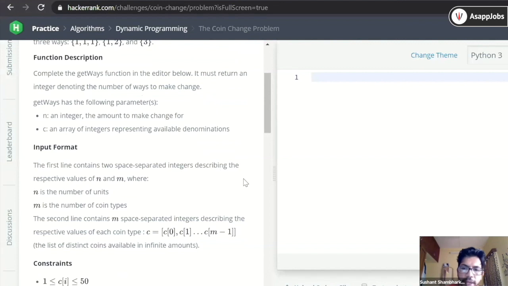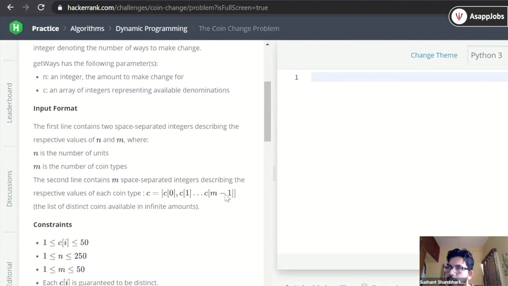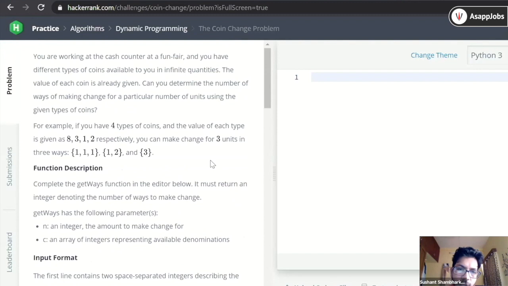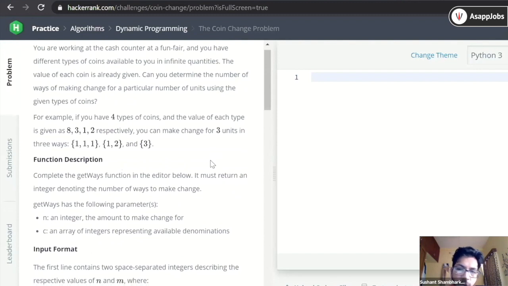Can anybody guess which classic dynamic programming problem this is similar to? Subsets. Yeah, actually subset, but there is one name for that problem. Have you heard of the knapsack problem? This is a variation of the knapsack problem. You are allowed to put some coins in your bag and you have to fill that bag completely.